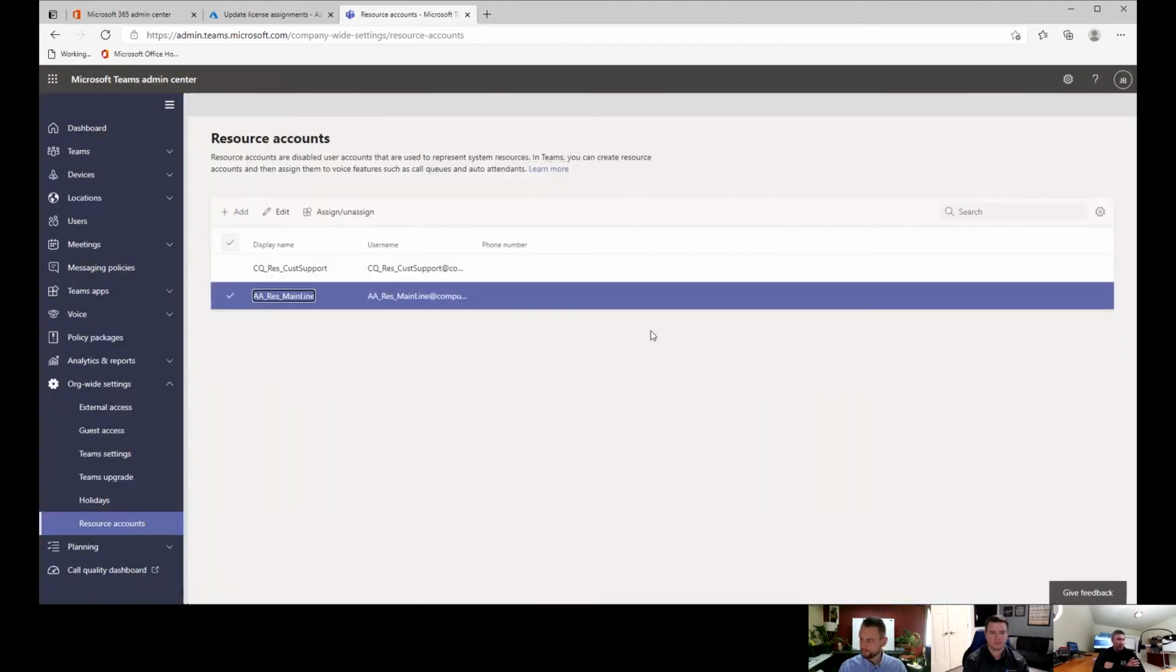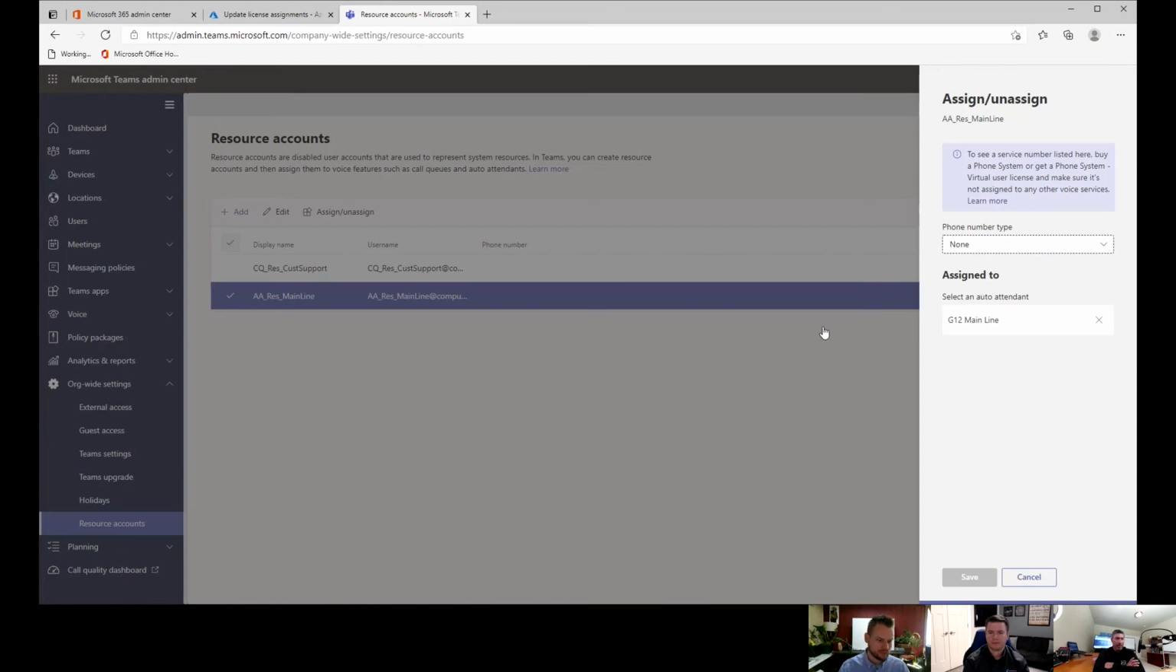There we go. This is where we run into maybe a logistical issue here, because to do this for direct routing, we're going to want to select on premises here and then assign it that way. What we can do is assign it an online number and then give it essentially a service number, but that's going to kind of break what we're